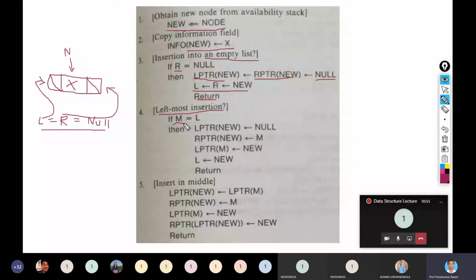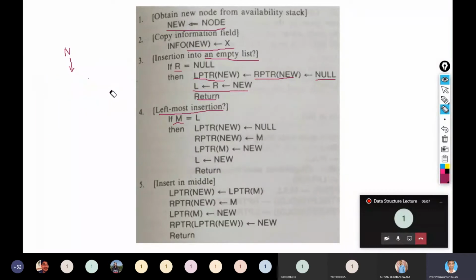So this new node to be inserted must be the left node of the node which is pointed to by M. So now in this case, suppose, sorry, I shouldn't remove this new node. Okay, so suppose this is my new node and this is my linked list.